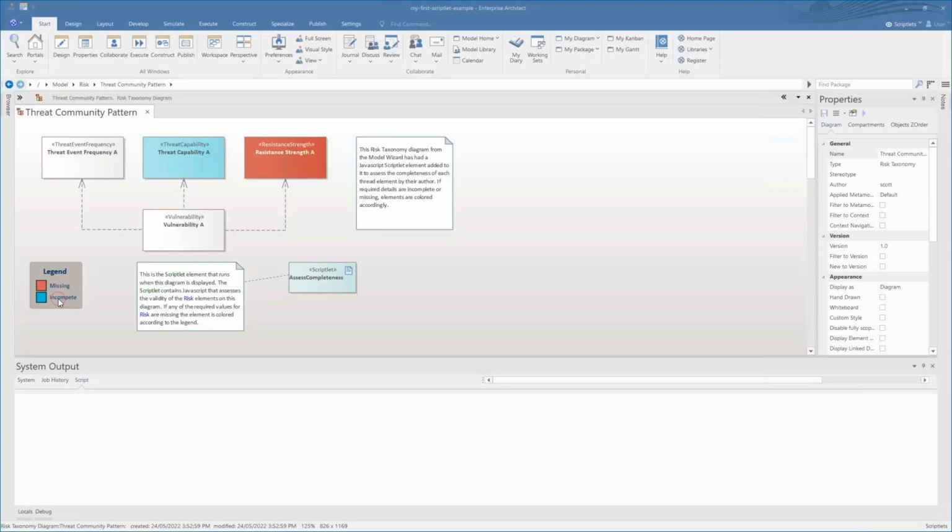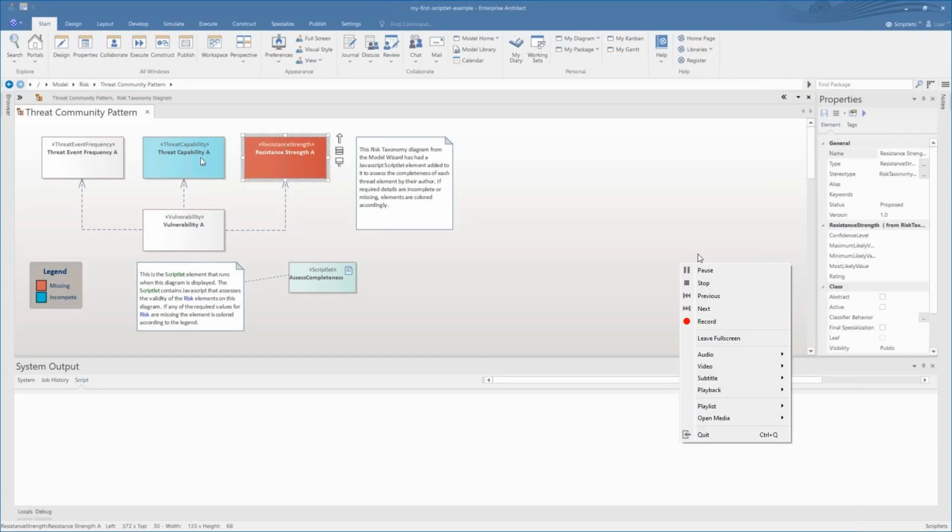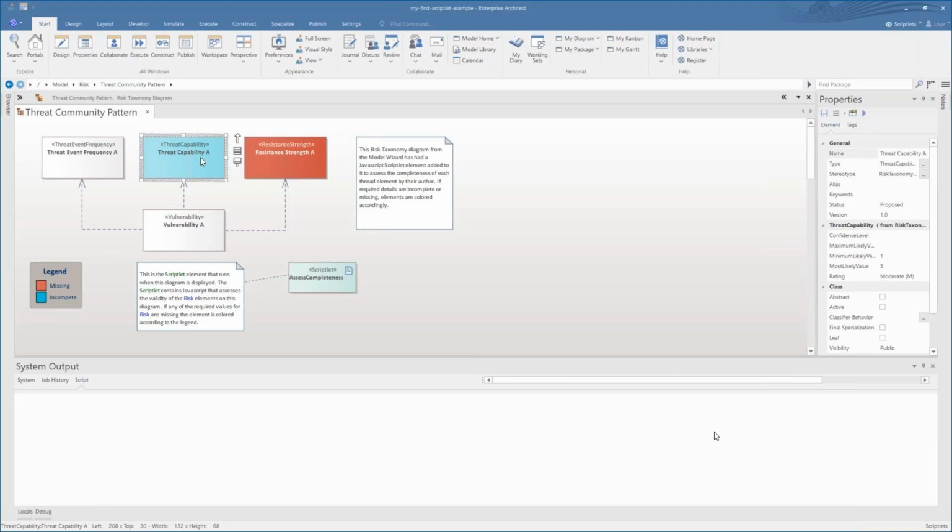So the next thing that we're going to look at is risk taxonomy. I'm just going to pause here briefly. This particular diagram has a legend on the left-hand side, and you can see there are two colors, red and aqua. The aqua color indicates if some of the tagged values for this particular threat capability or element are incomplete.